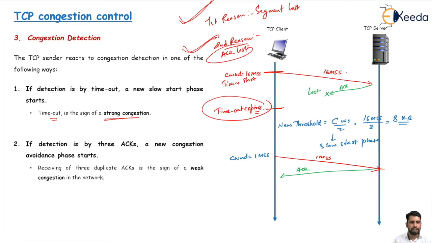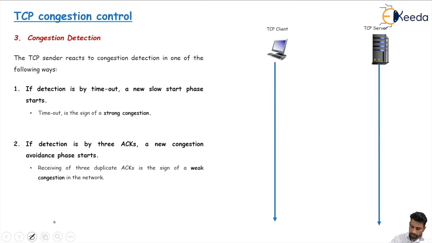Congestion will occur, and due to that congestion, either the packet is lost or the acknowledgement is lost. In both cases, when a timeout occurs at the sender side, we will set the new threshold equal to the current window size divided by 2, and we will restart the transmission with the slow start phase. For example, here we start with the slow start phase, and the congestion window is set equal to 1 MSS, and the slow start threshold is equal to 8